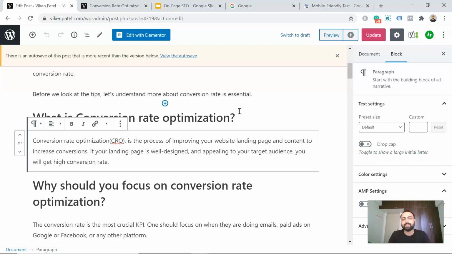It's not only about on-page SEO, your technical SEO must be very good. You must have some good quality backlinks on your website in order to rank on the first page of Google. So focus on these on-page SEO optimization tactics along with other SEO tactics, and you will be able to rank on the first page of Google.